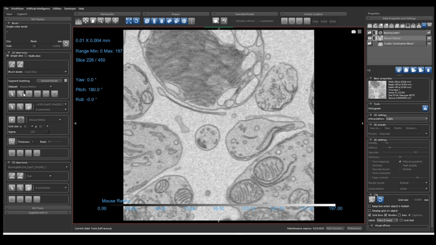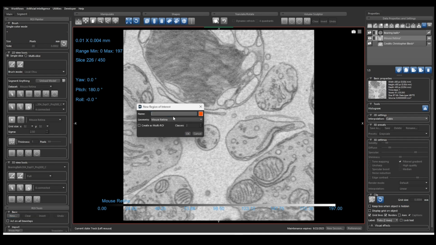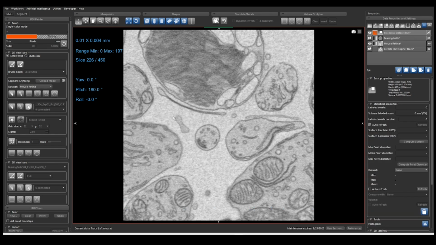Once you click on this button, you will have it loaded, and you will see the buttons grayed out. The reason for it is that you have to create an ROI first. You have to go to ROI Tools and click on New, and we're going to call it Biological Dataset ROI. And then the second step is basically to select one of the tools that are available for you now. You have point and click buttons, which either fill the inside of your object or the outline only, or you can also select regions around and then it will segment it for you.